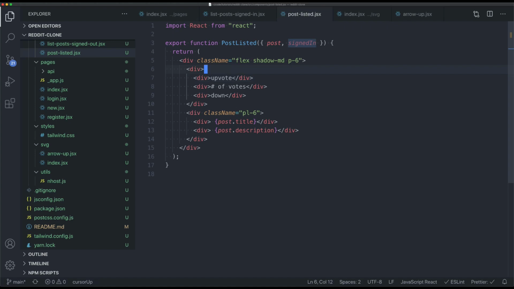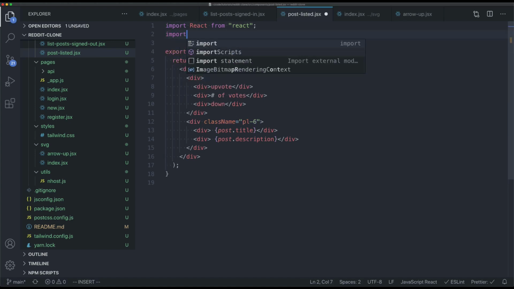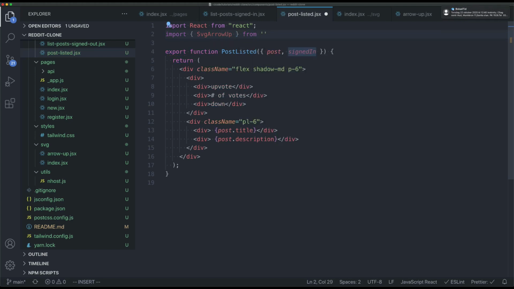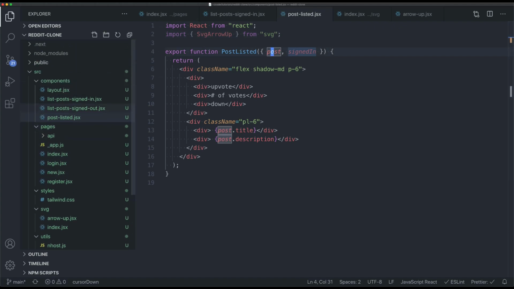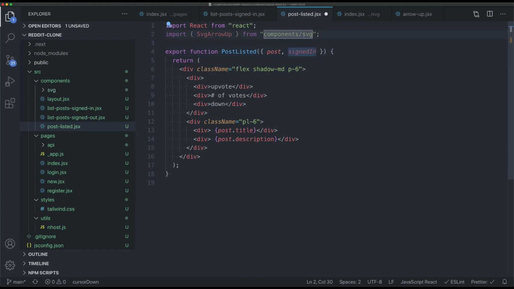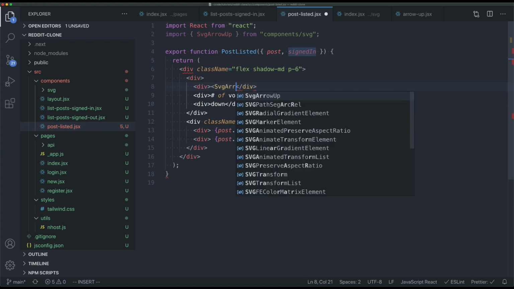So now we can import the SVG here, import SVG arrow up from, and we just need to do components SVG. Sorry, not components, SVG. That's it. Or is it a component? It's a component. Oh, nice. So now do SVG arrow up,